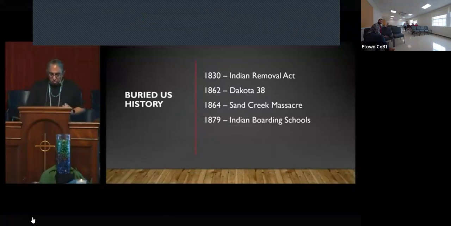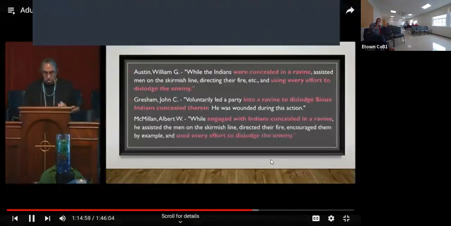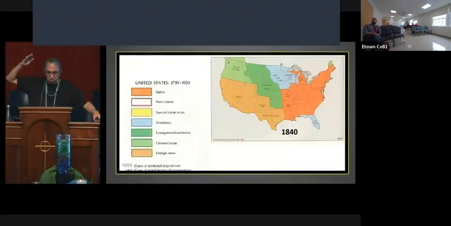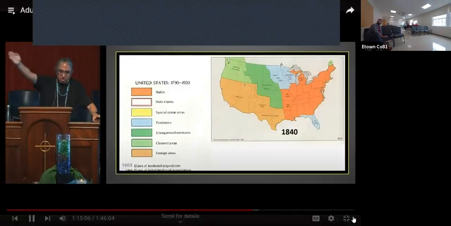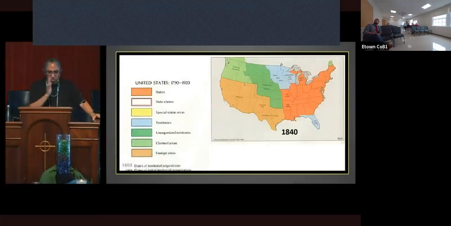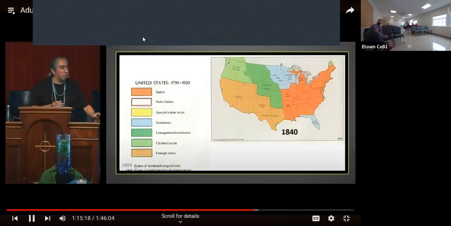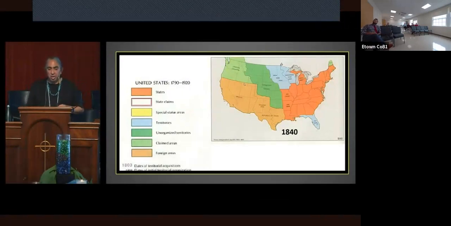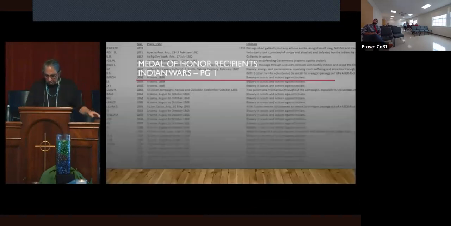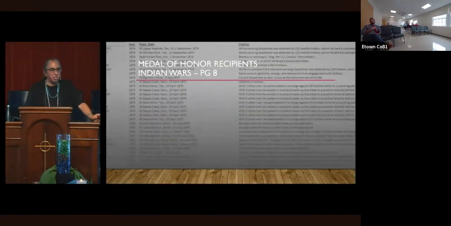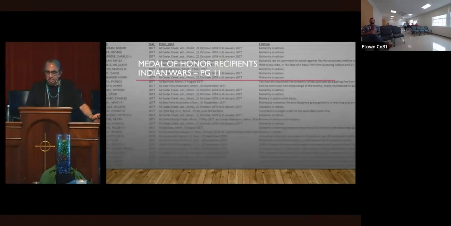Schools and the massacre at Wounded Knee. If you draw a map of our nation in 1840, the states to the east are the actual states, in the dark color. Everything to the west is a territory or even uncharted lands. You can look up medals of honor awarded by Congress, by war, and by conflict. For the Indian War campaigns, between 1839 and 1898, the United States Congress awards 425 medals of honor to U.S. soldiers who participated in those campaigns.